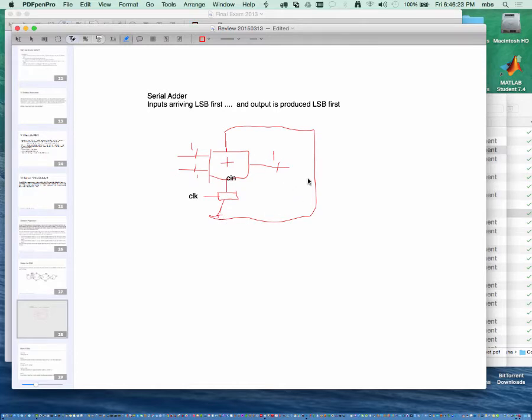What's happening in the circuit is that every clock tick, the carry out which is being produced is stored in this 1-bit register, and in the next clock tick, it's available to use as a carry in. And by that time, the next 2 bits would have arrived, and on the output here, I'm going to keep getting my